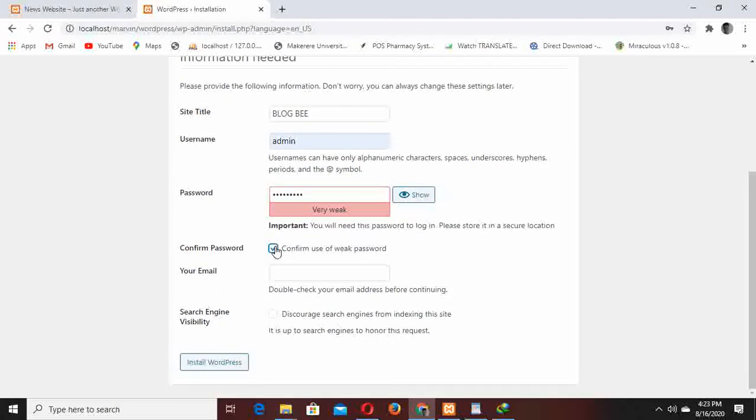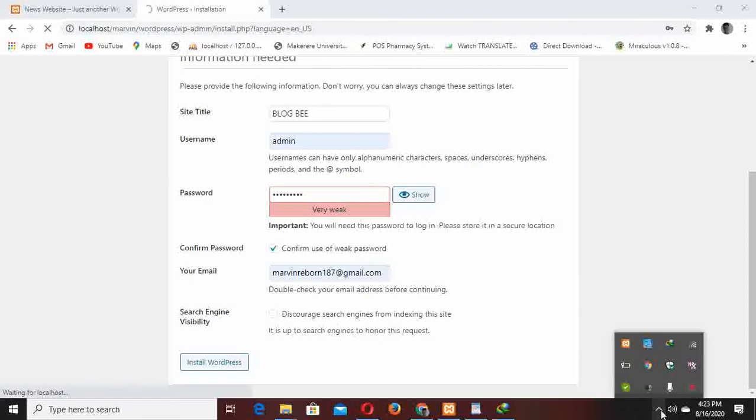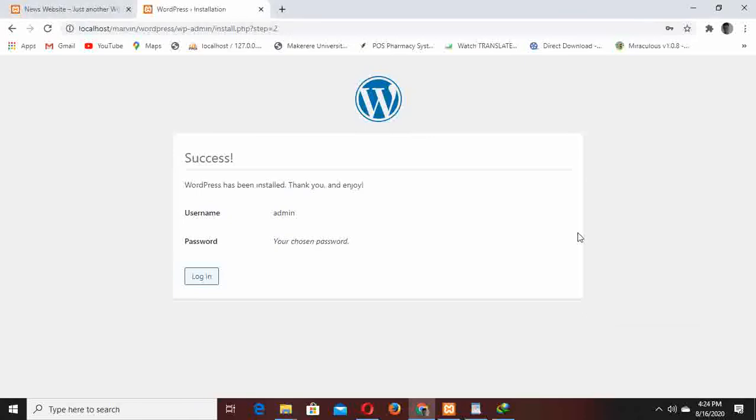I confirm using a weak password and your Gmail, then install WordPress. As it's installing, wait. So when it's done installing, it will bring you this part here. So you just press login,